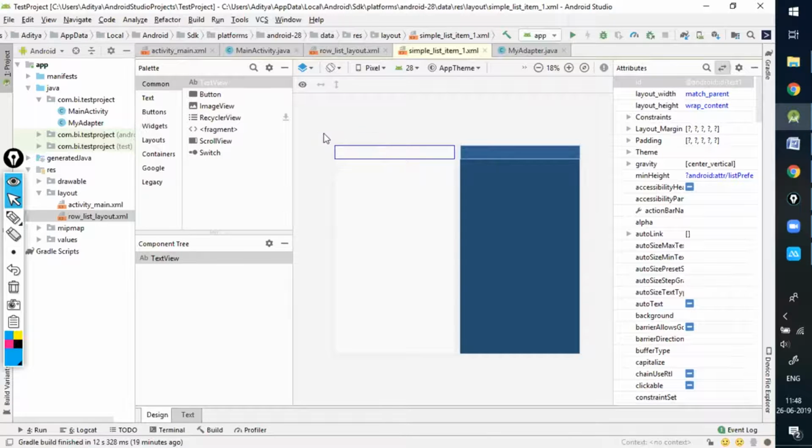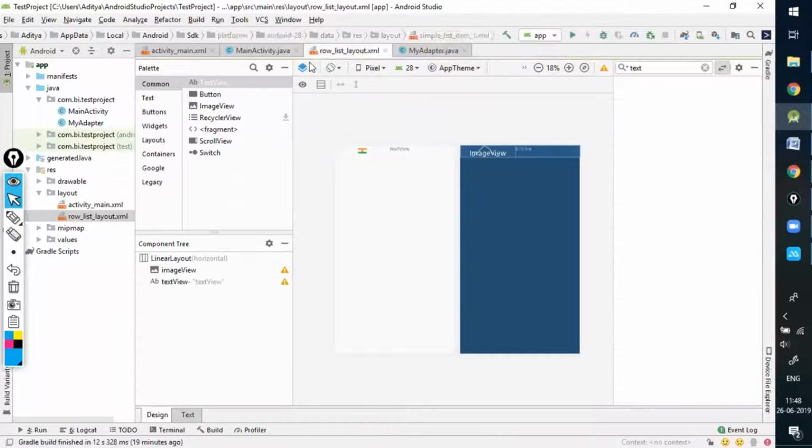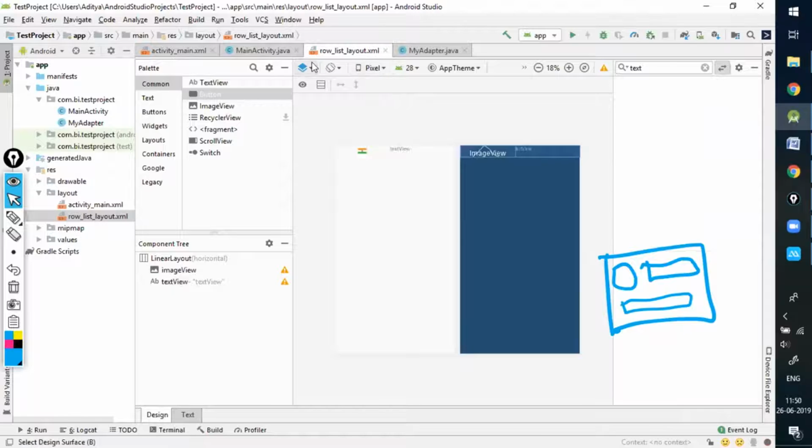And my adapter will be needing a layout which can have a container for text as well as an image. So Android has created a sample layout only for adding text. It has not created a layout to add images and text view. If you want to do that, you have to create your own layout. So let's move to my adapter.